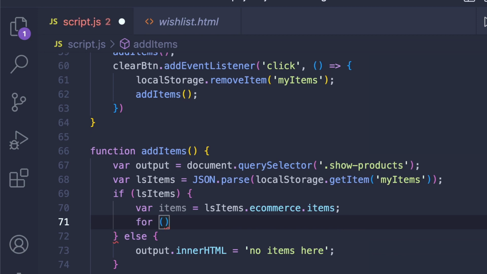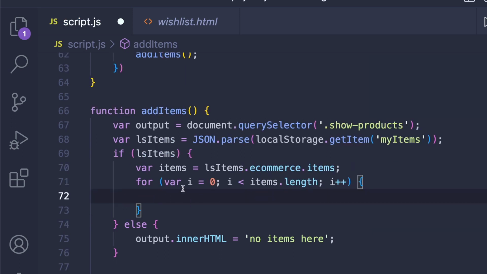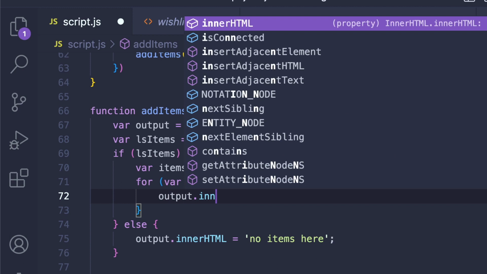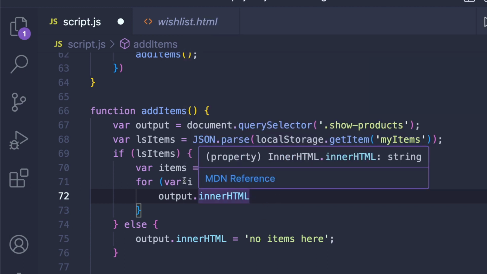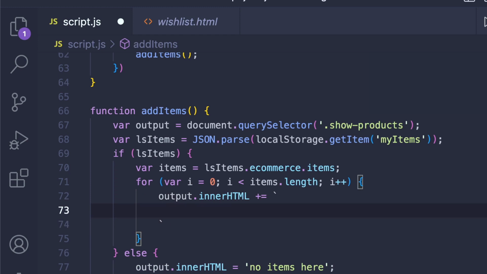Now we want to loop through it, so we say var i equals 0, i should be smaller than items.length. That's the condition for our loop. And with every iteration we want to add 1. And what we want to do with each iteration is that inside of our output we want to display the HTML, and we want to append additional HTML for every item that we have in here. So we want to say plus equals, and inside of a template string we can then define what we want to show. So for each item we first want to show a div with a class name of item,